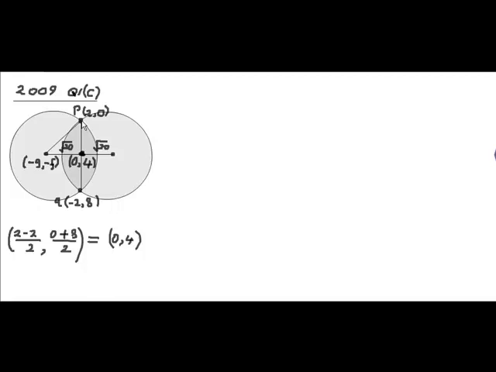Now, when we don't know a circle, the general circle equation is x squared plus y squared plus 2gx plus 2fy plus c equals 0. And if you put in the point (2, 0),